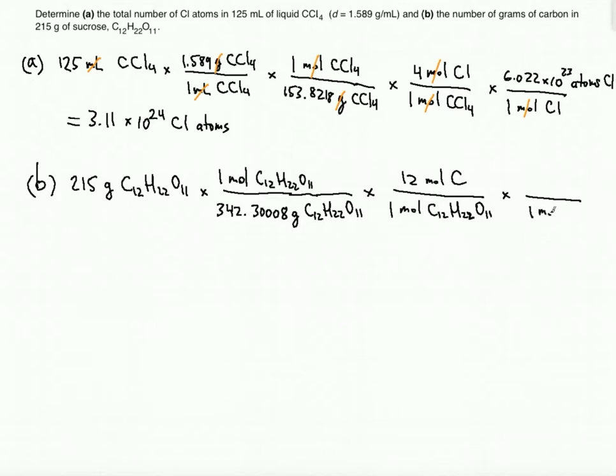So you know in 1 mole of carbon, using the periodic table, there is 12.011 grams of carbon, right? So as you can see, everything is conveniently cancelled out. The grams are gone. The moles of sucrose are gone, the moles of carbon are gone, the grams of carbon remain, right? So if you do this in your calculator correctly, you should get